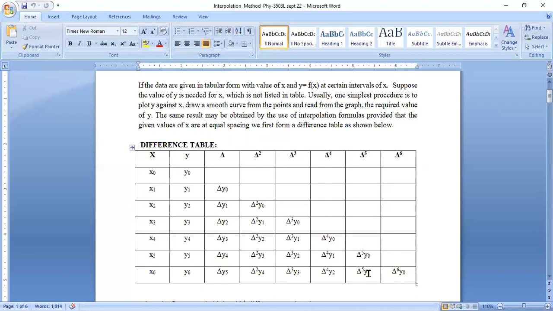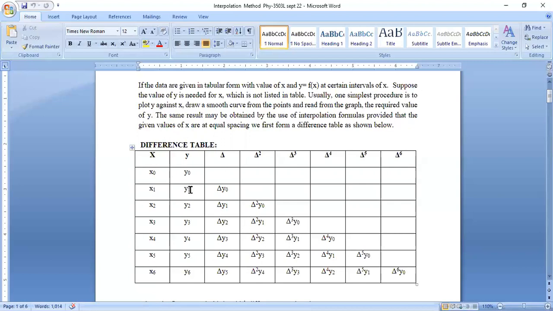So when you use the Newton forward interpolation formula, this diagonal element will appear in the interpolation formula,